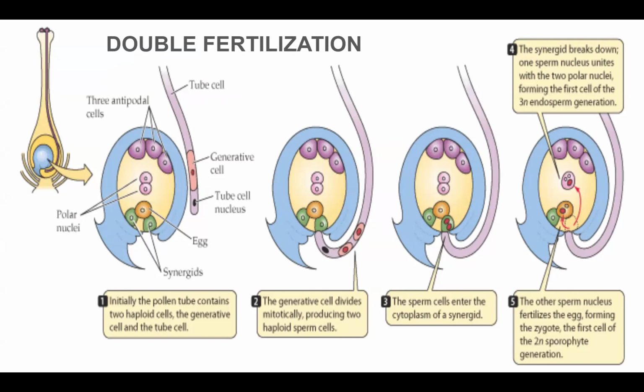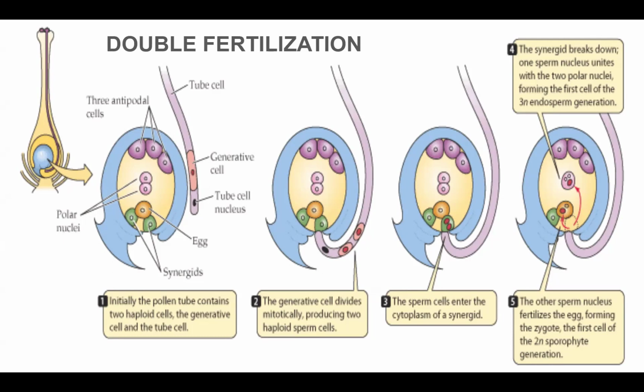Okay, now before it reaches, what happens? The generative cell gets divided into two cells. So when it goes, it will enter into the cytoplasm of a synergid. Once it enters the cytoplasm, the synergid will degenerate, and the antipodal cells also will degenerate. So one of the sperms will go and fertilize the egg cell which is there in the